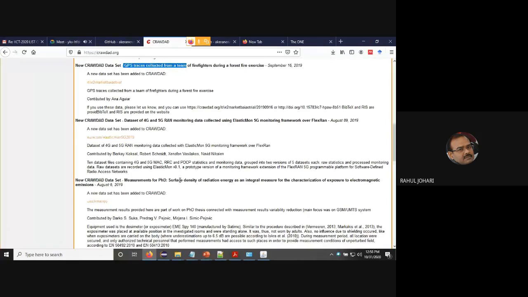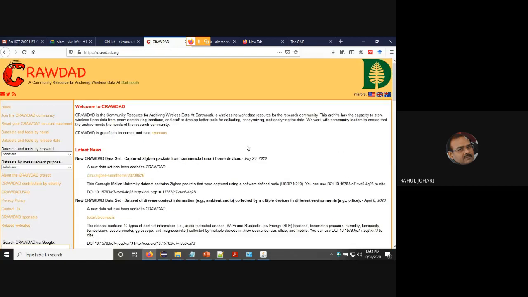It may happen that your experiment gives you a good result right at the first go, or it may happen that you meet even 10 failures. So funding has to be there, otherwise we cannot do it. Now, a good feature about this Crawdad site is that all the data sets are actual, authentic, real time. Most of the research has already been done by companies in the UK, the US and Europe, and after they have done their experiments, they have uploaded the data sets.